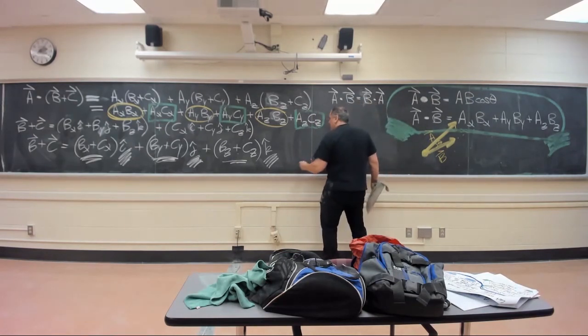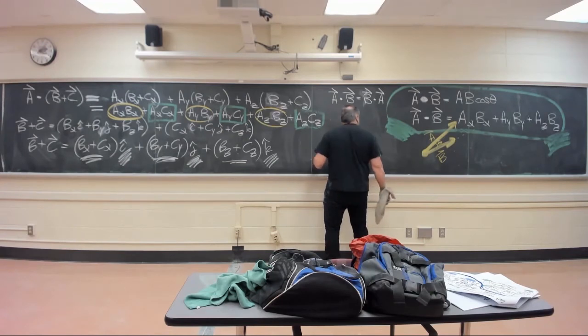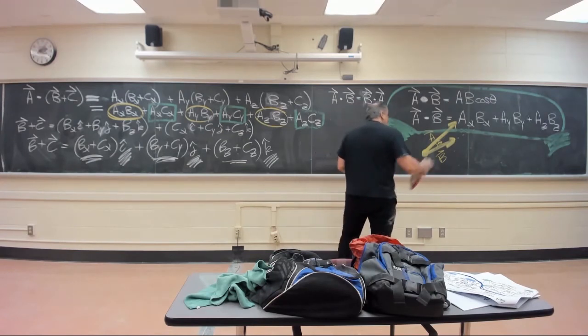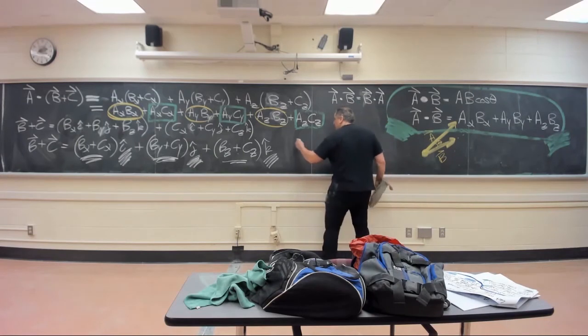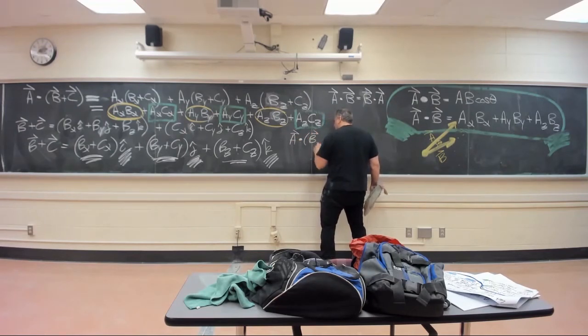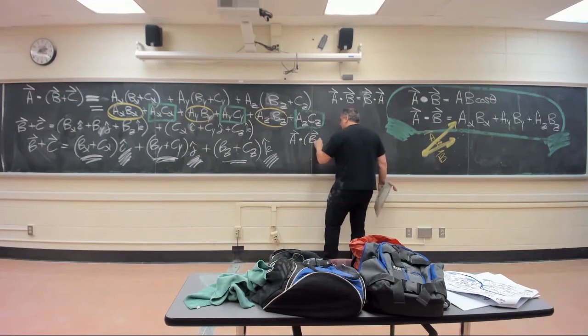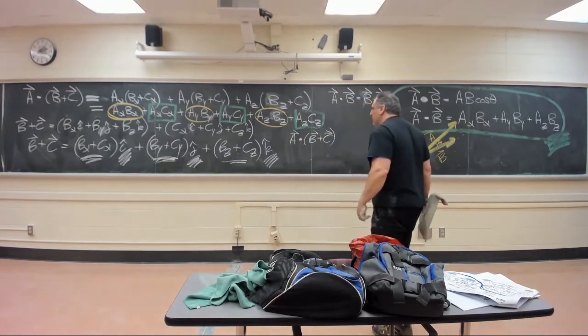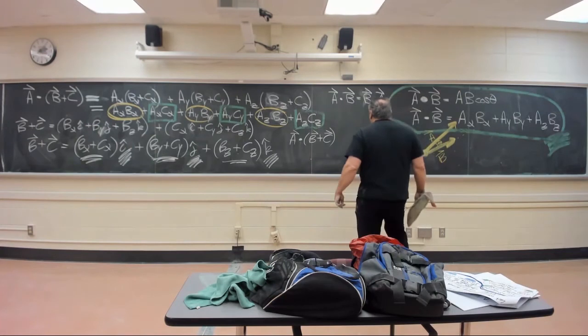What we have here in this whole process is, let me see here. I don't, like I said, we got it. Eventually, I'm going to even erase that, I think. A vector dot the sum of B vector plus C vector is equal to